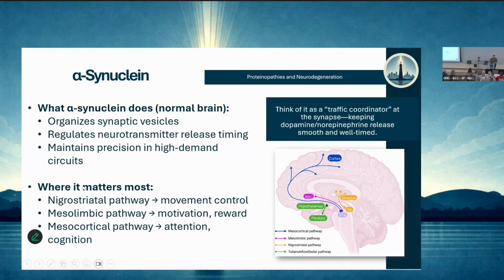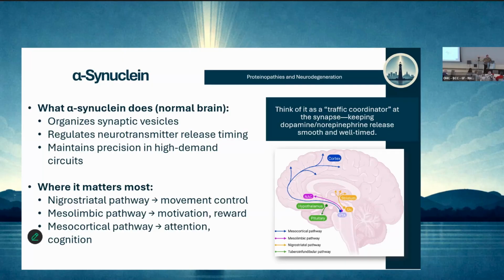So alpha-synuclein and dopamine as well, though alpha-synuclein also affects other neurotransmitters such as norepinephrine, is important for a variety of neural circuits that we think about a lot of times in movement disorders, but also in Lewy body dementia, so Parkinson's disease, Lewy body dementia, and that sort of thing. So, there are three pathways that I've included here, and those are the mesocortical pathway, mesolimbic pathway, and nigrostriatal